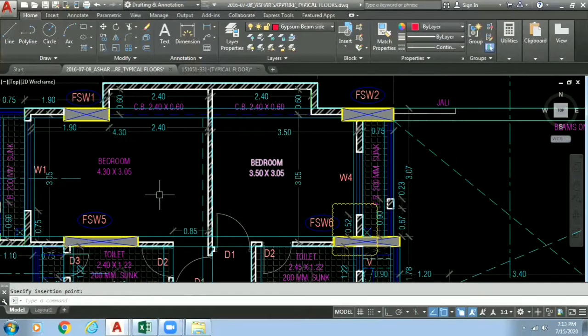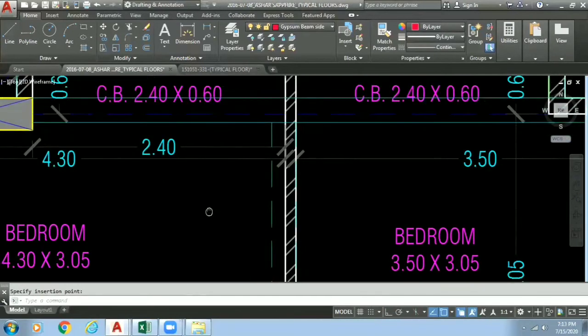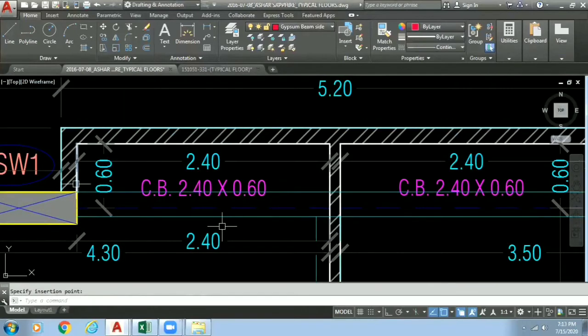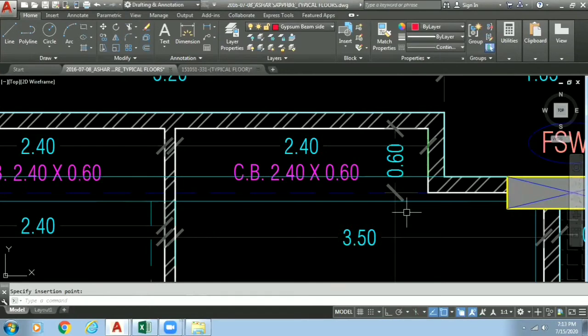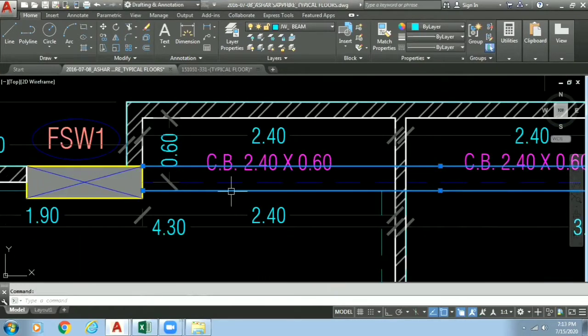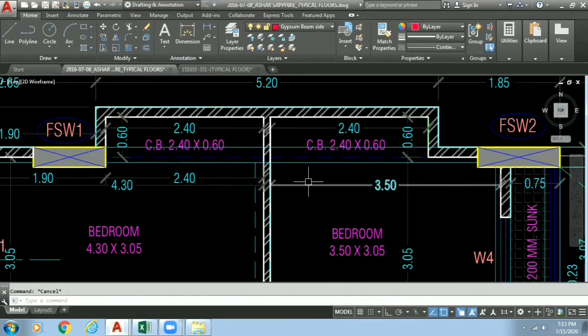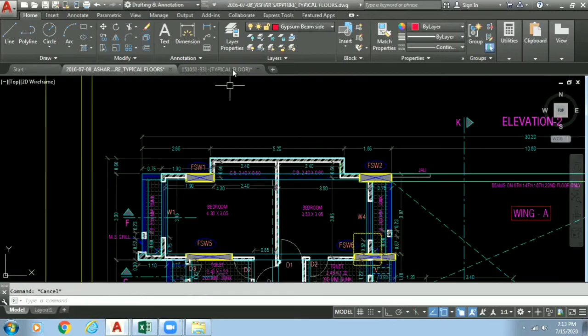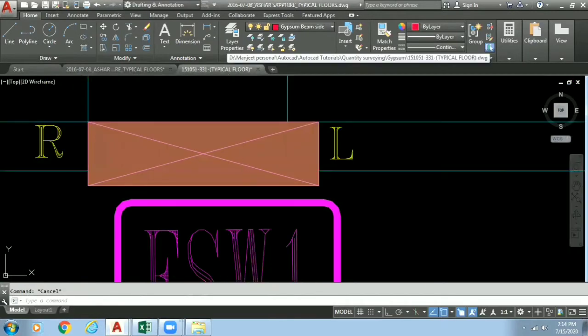Now what is the benefit of doing this is that, as you can see, the wall has taken the periphery of this edge, and we have a beam over here. As you can see, this is the beam over here. So while calculating the quantity of gypsum, there was a chance that we may miss out the sides of these two beams, right? So now I will also copy beam numbers for my better understanding.